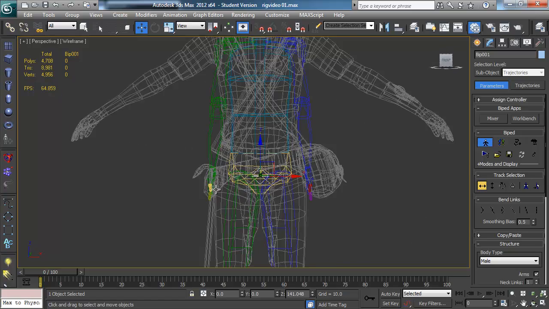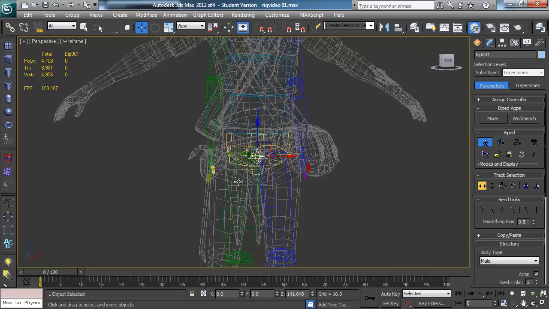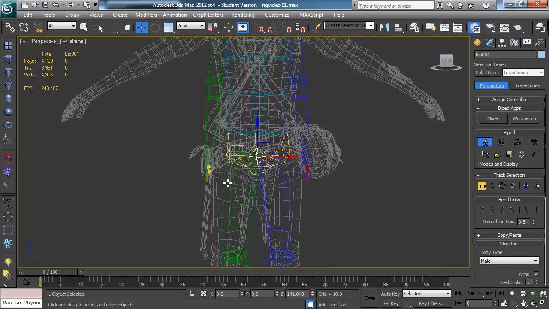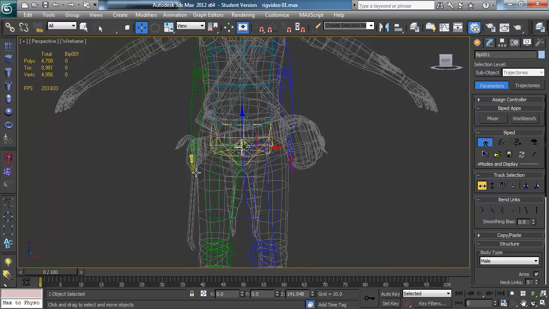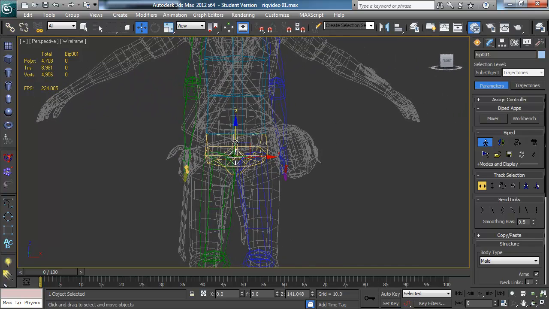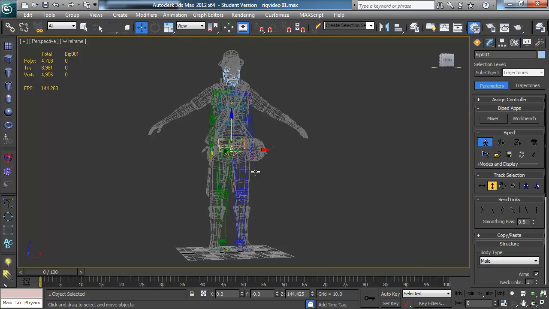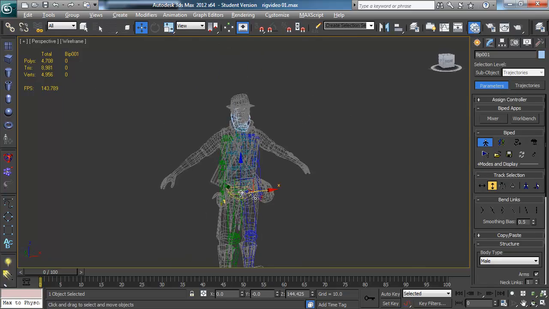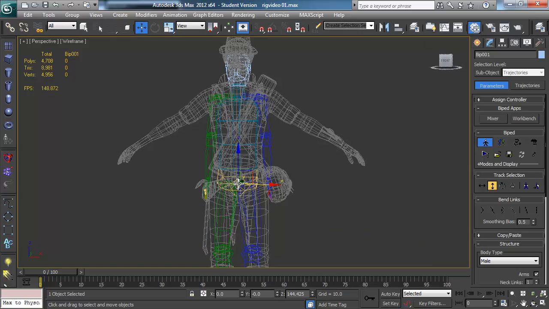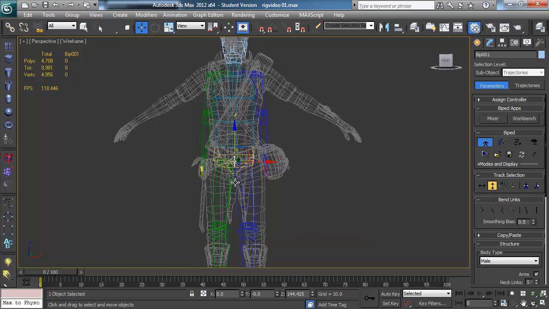So as you can see, the pelvis is in roughly the right spot. That's probably the starting point for you. You could go up a little bit, so I'm going to go up a teensy bit with that, and that will of course mean my feet are off the ground, but don't worry, we're going to scale the legs to fix that. And from here, the way I personally work is to scale outwards one part at a time,